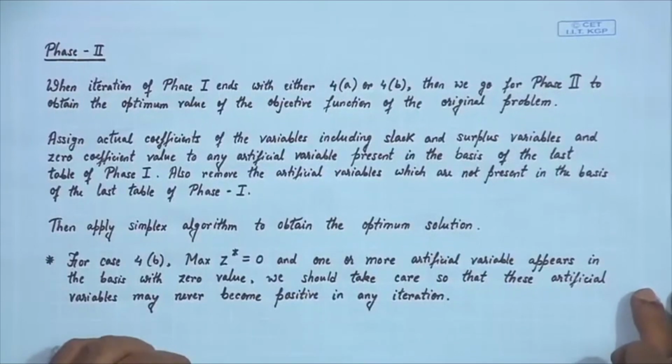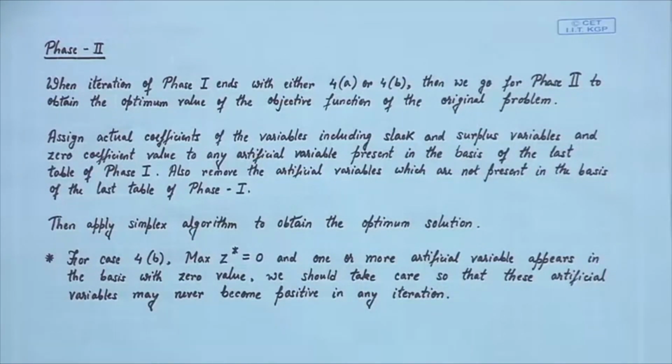Now, in phase 2, what do we do? When the iteration of phase 1 ends, then either 4a or 4b will come, because 4c will not come. Whenever we know that the original problem has no solution, we will not go for phase 2. So, when phase 1 ends, there will be either two cases, 4a or 4b, and in that case only we will go for phase 2